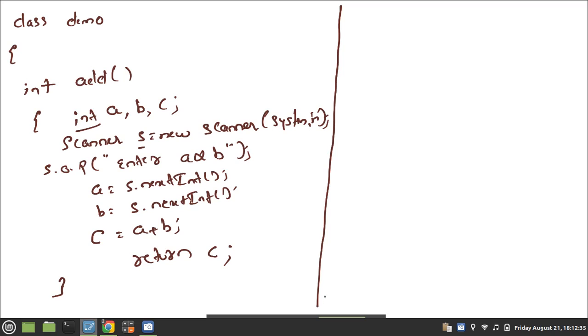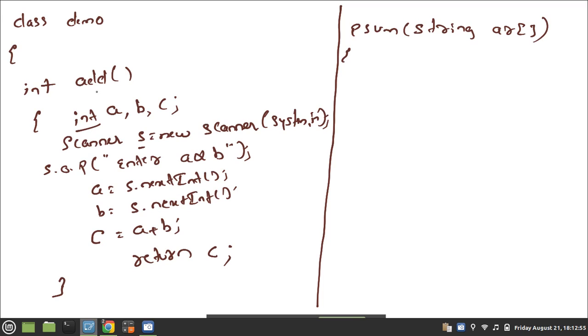So now I will be writing the main method. Every program starts execution from the main method. Public static void main string args. So this is the user defined function. User defined function means the user should call that.